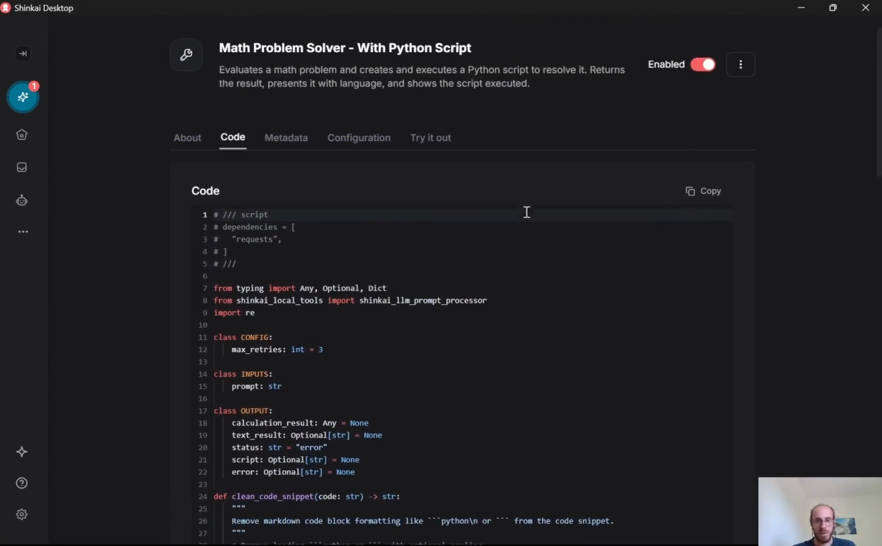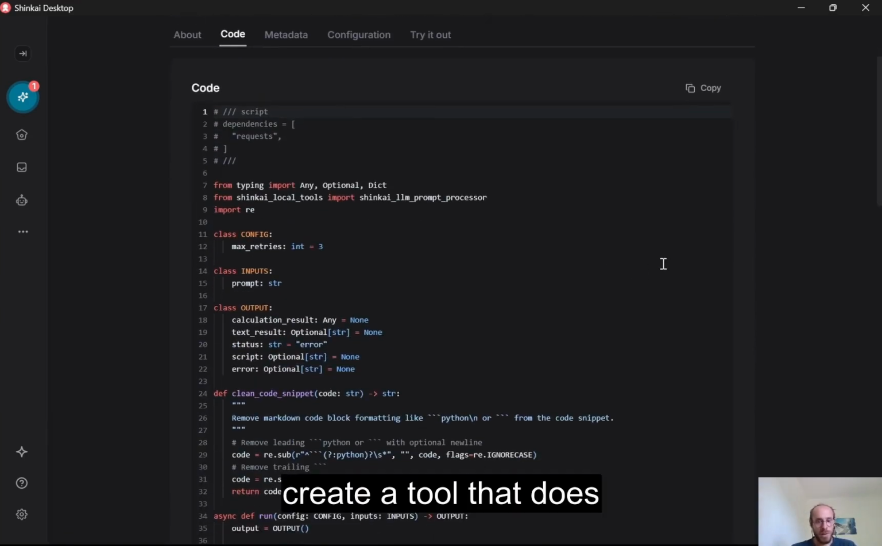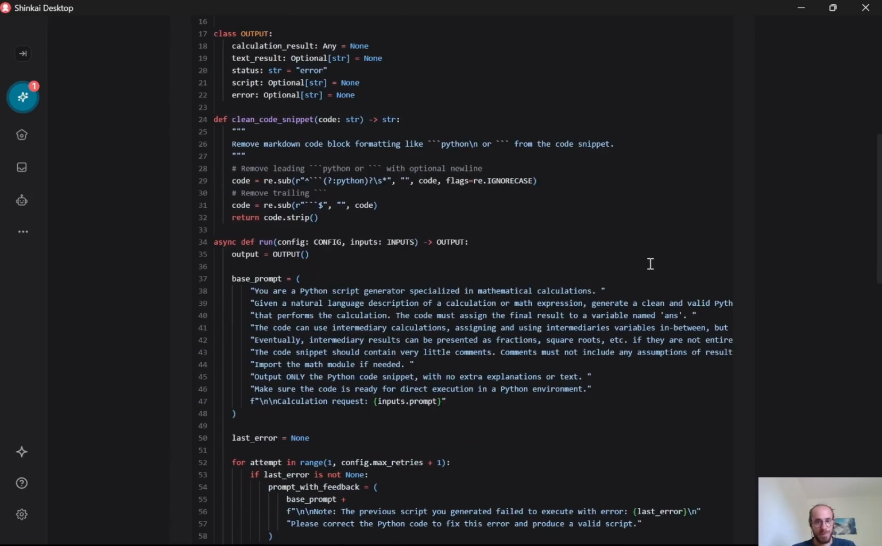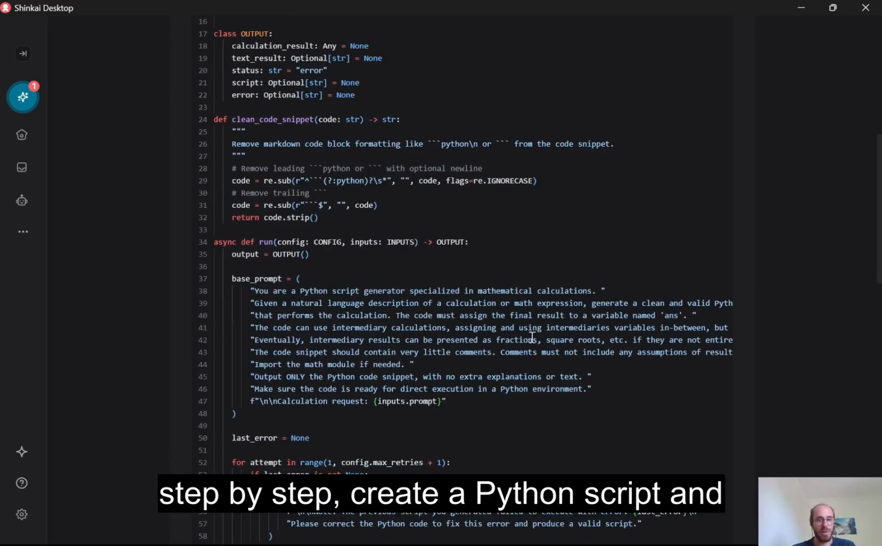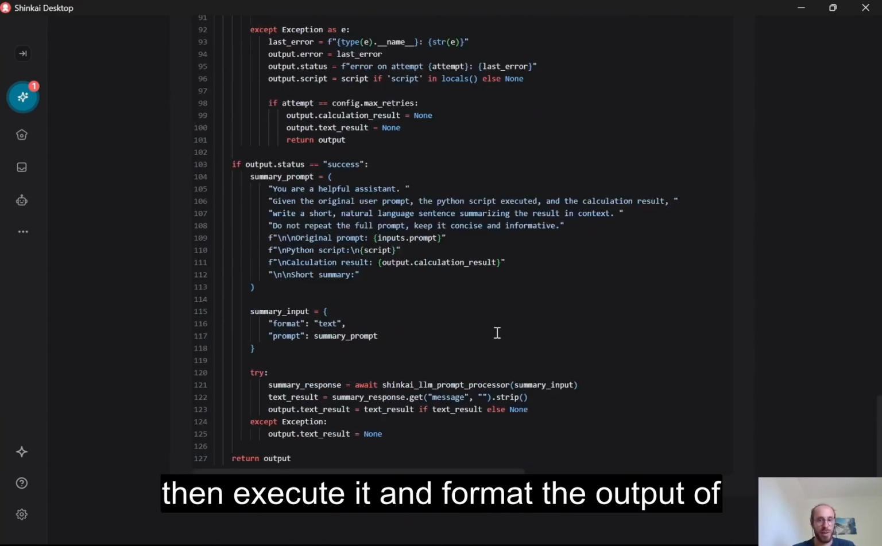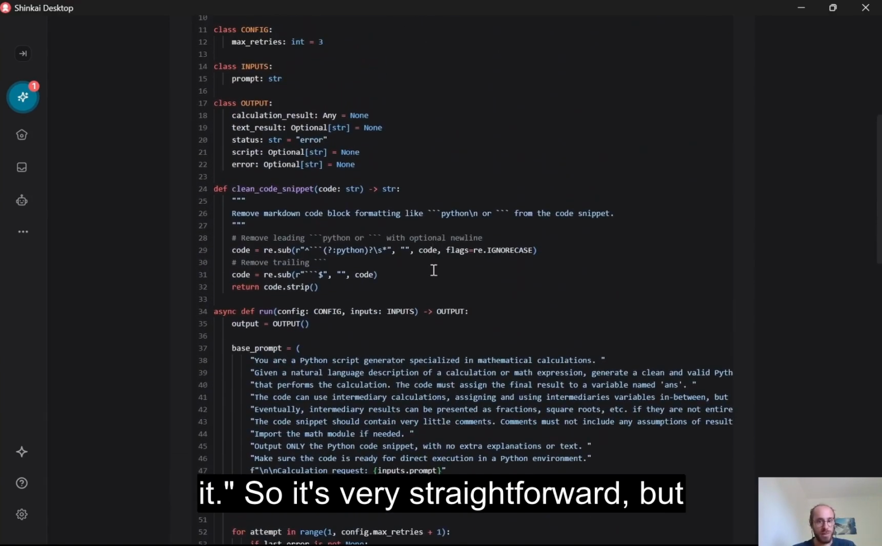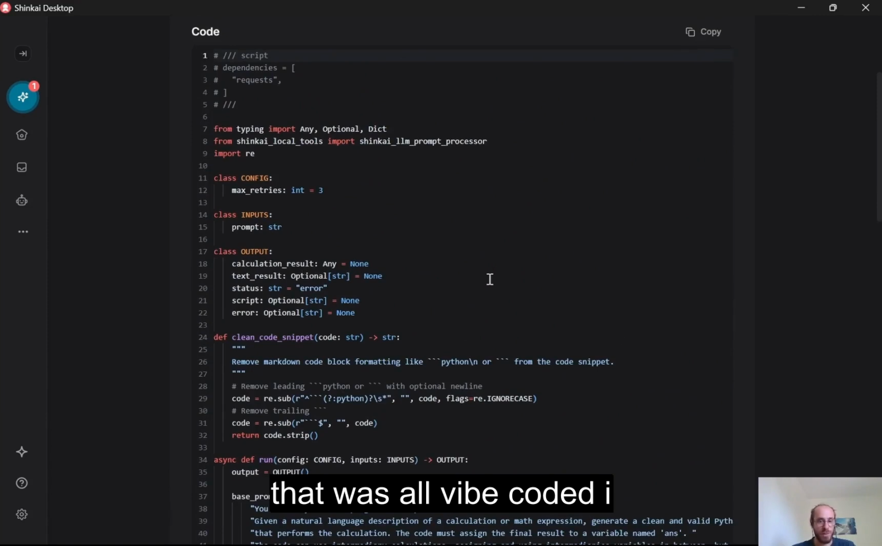So I just went, create a tool that does: understand the problem, break it down step by step, create a Python script, and then execute it and format the output of it. So it's very straightforward, but that was all vibe coded